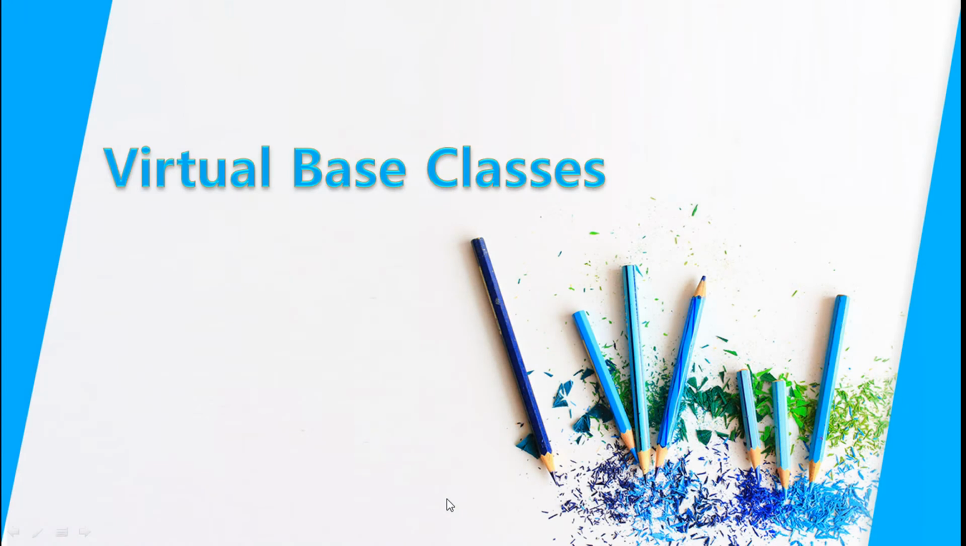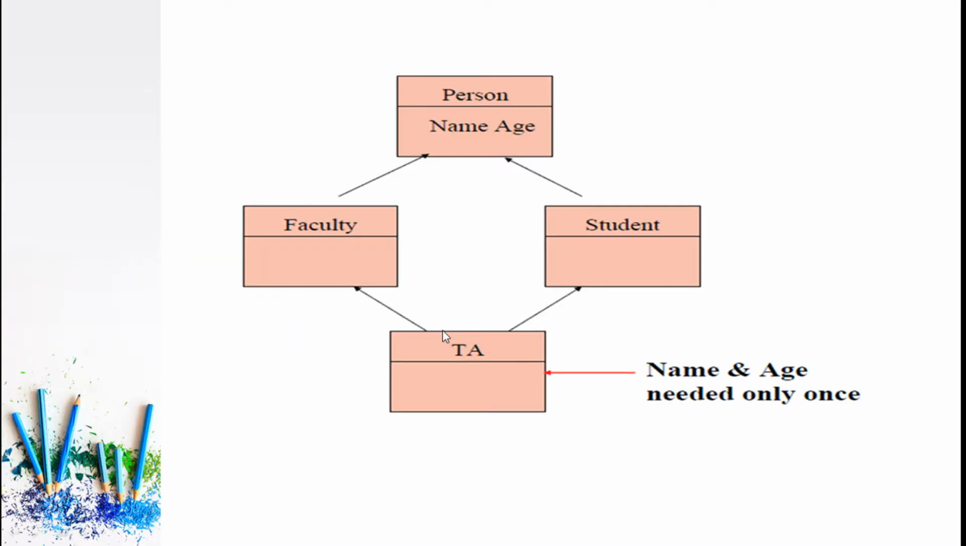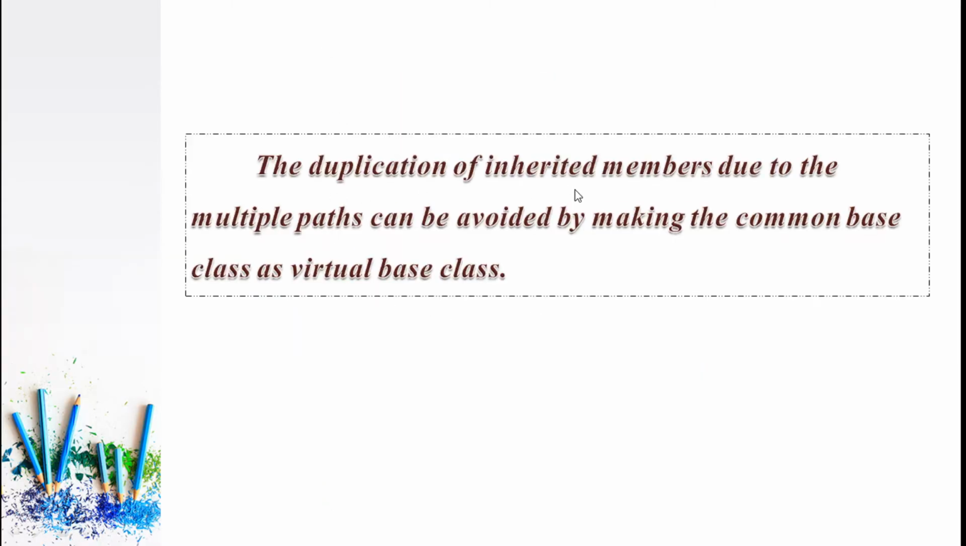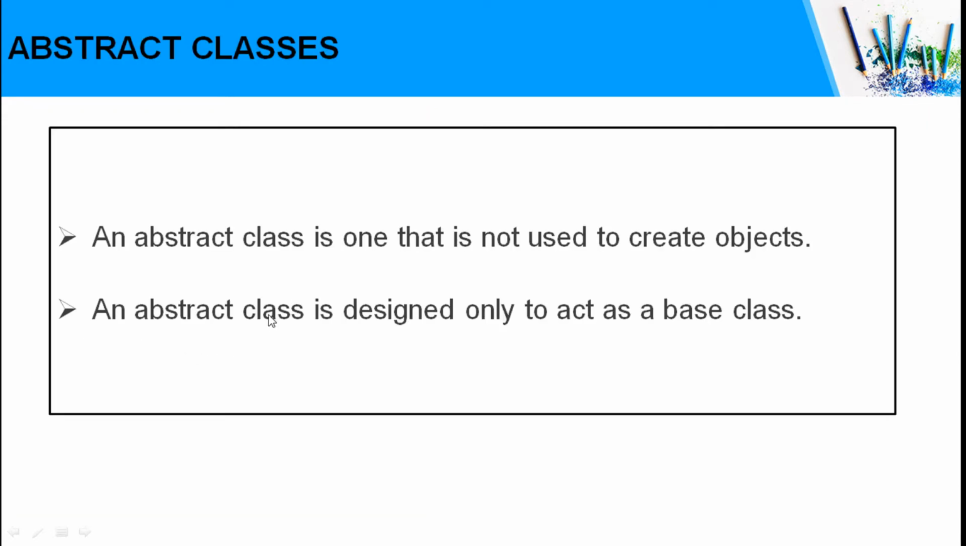Dear students, in the previous class, we went through the concept of a virtual base class, where we defined it as: the duplication of inherited members due to multiple paths can be avoided by making the common base class, which is used as a virtual base class. So we had a syntax where the common base class was inherited virtually by B and C. In today's class, we'll have a look at other small definitions and related topics, and we'll be finishing